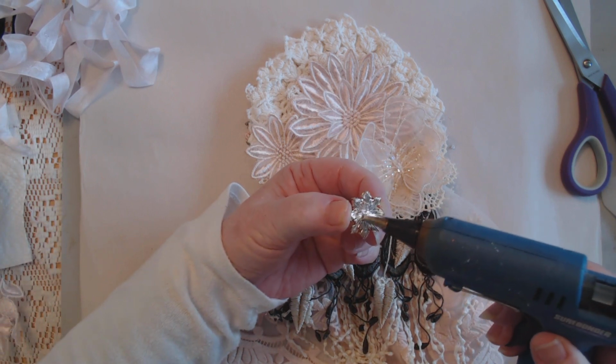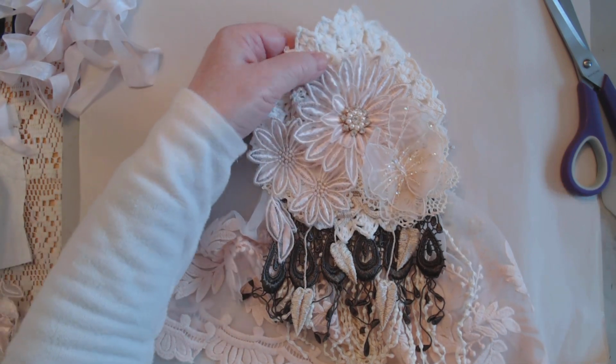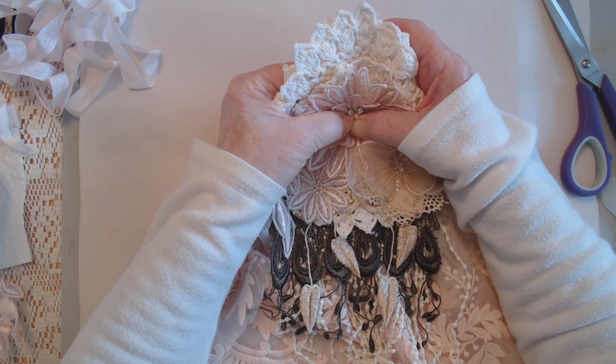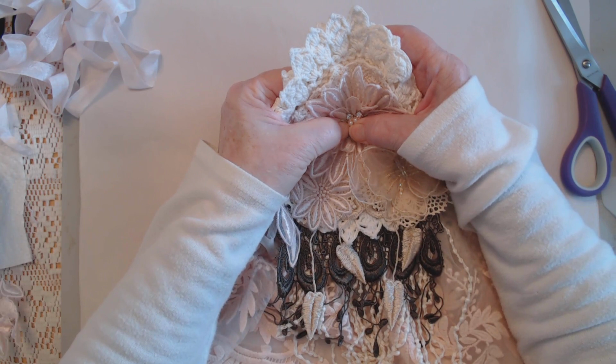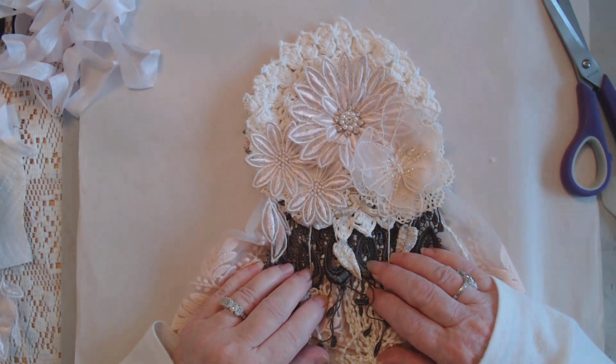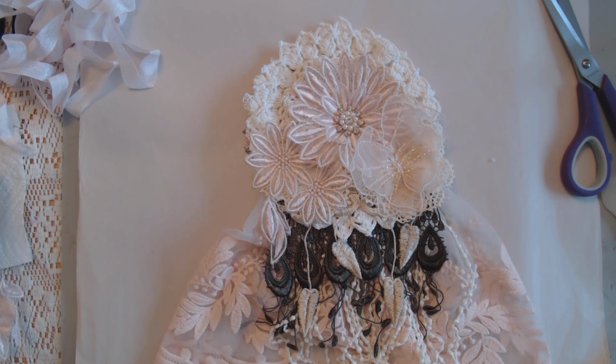So let's put some glue on there, and then you just want to pinch it as hard as you can. There. Okay. All right, hold on another second. See, this is what happens when you're not quite sure what you're going to do. You end up having to get up and